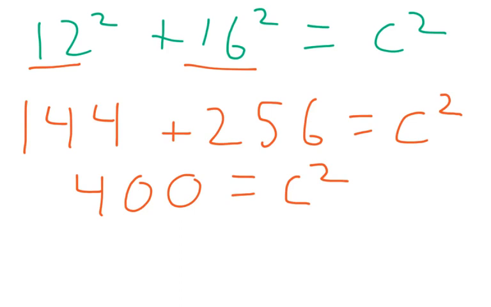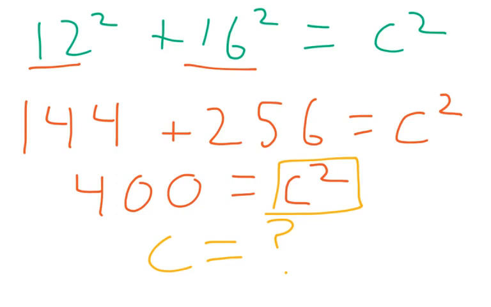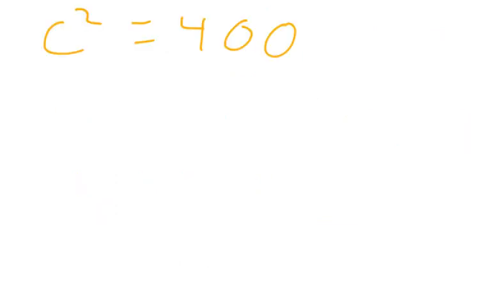So I get c squared equals 400. But notice, I don't have c by itself. I have c squared. And I don't want to know what c squared is. I want to know what c is. So this is where I get into what the math word for it is: inverse operations. So I have to figure out what c is all by itself. I said c squared equaled 400, right? Yes, c squared equals 400. So this little 2